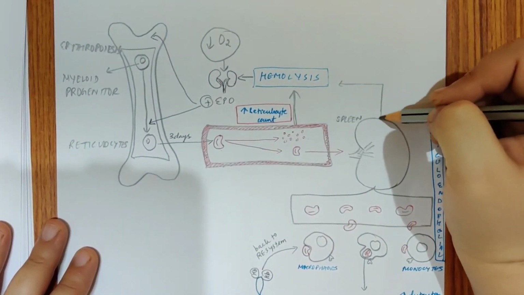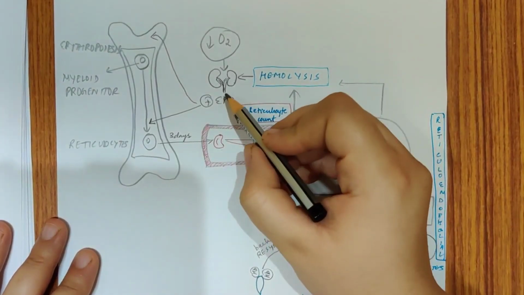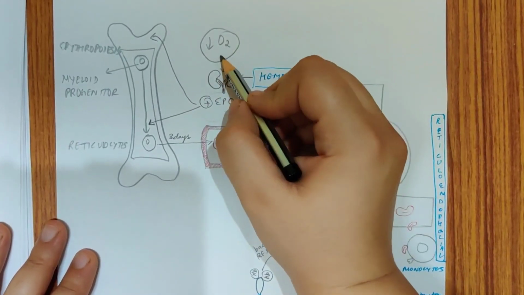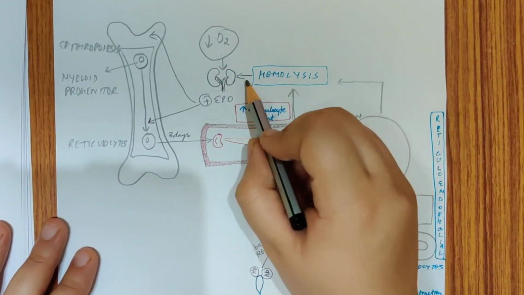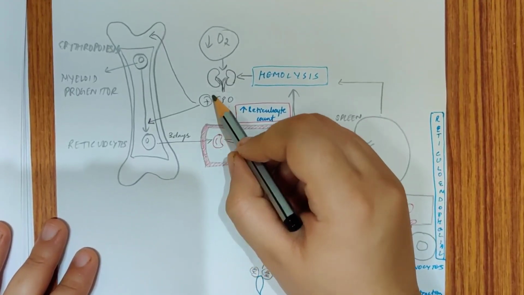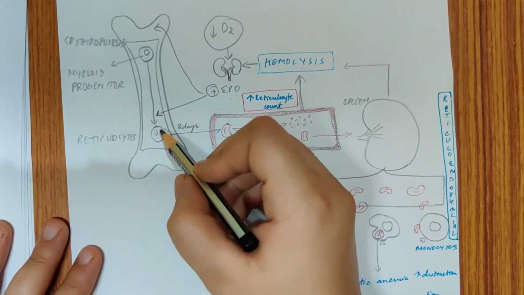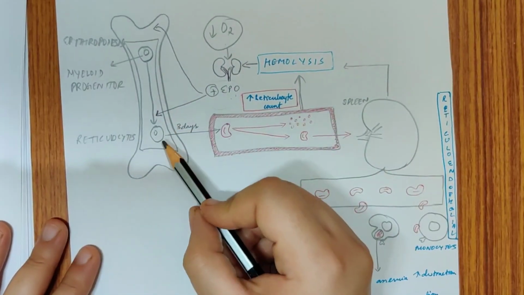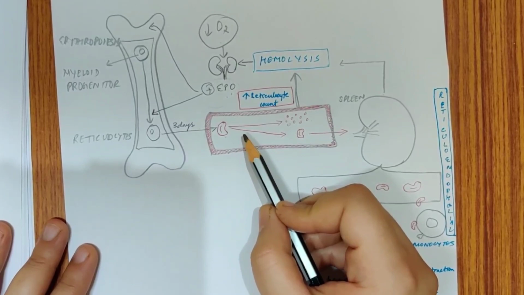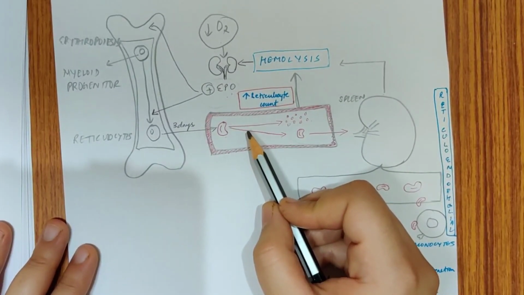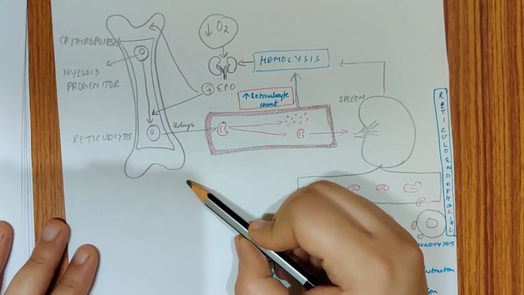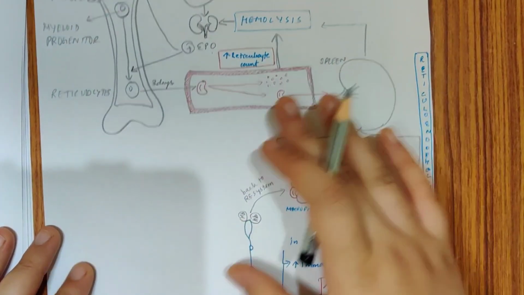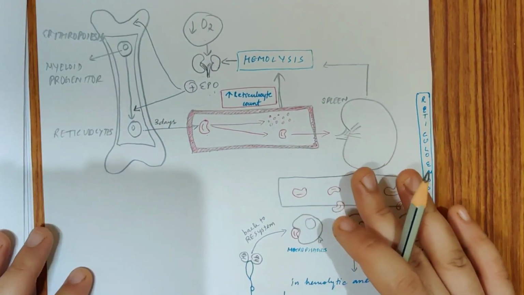Both of these hemolyses will cause the kidney to make erythropoietin. Erythropoietin is also formed when there is less oxygen. So hypoxia and hemolysis both can cause erythropoietin formation. This erythropoietin will cause erythropoiesis to occur. Myeloid progenitors will make reticulocytes. These reticulocytes will go inside the capillaries or vessels, and there the immature RBCs will become mature RBCs. This is something very common, I have spoken to you multiple times.